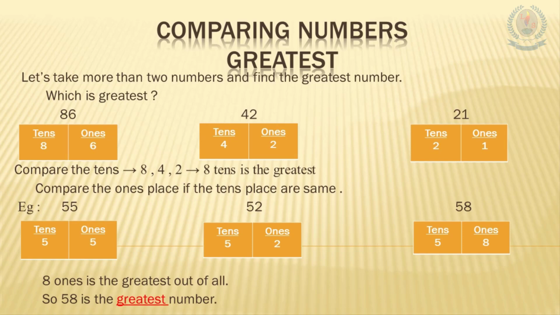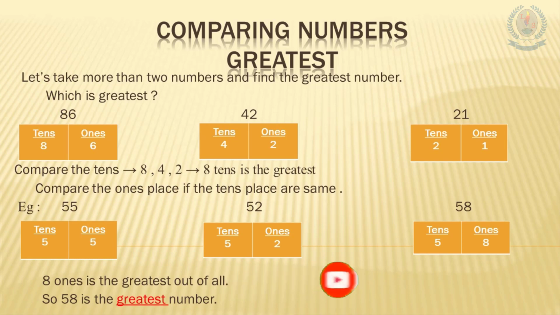Let's learn more about comparing numbers. The next subtopic is the greatest number. Okay, students, to find the greater number, we used only two numbers earlier. But here, let's take more than two numbers and find the greatest number. In this example, I have taken three numbers to find the greatest number. Which is the greatest? 86,